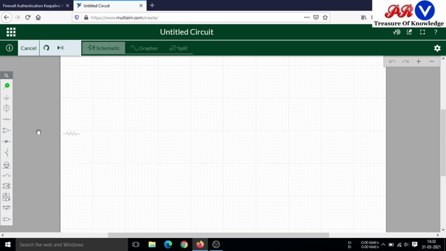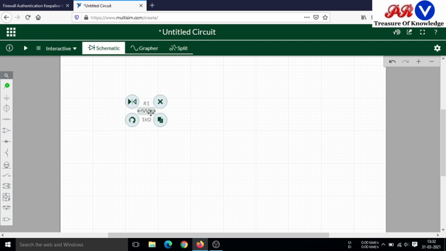We will take a resistor from here, and if we want to duplicate this resistor, click here and it will create a duplicate of the same resistor. In this way we can connect any number of resistors in Multisim. Now we will use a voltage source to give power to these resistors.